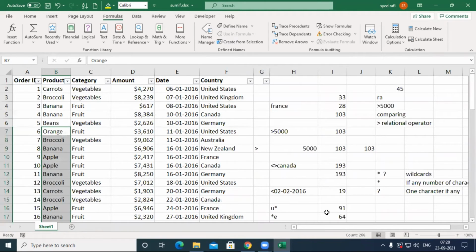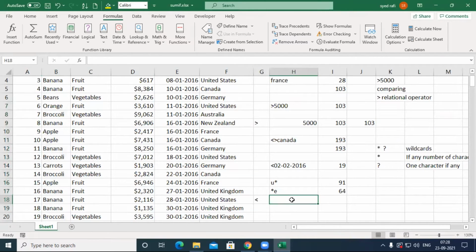I hope you can understand. If I give it like this, what happens? Instead, I give star E star. What is its meaning?